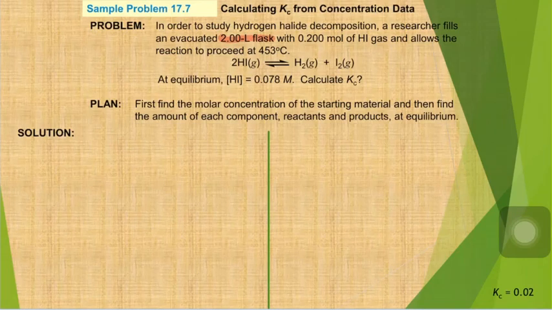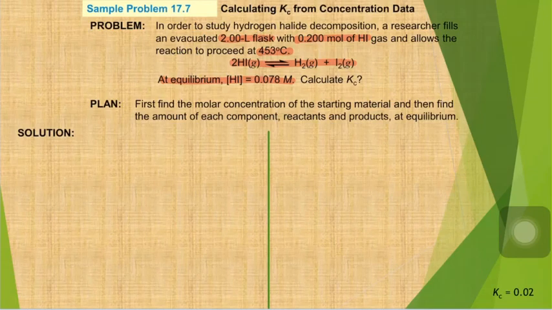So we have to identify the important information that we get in the question. Firstly we have the volume of the container, which is 2 liter, and then we have the initial amount of the HI, and then we have the equation, of course, and the temperature, and lastly the most important information is the concentration of the HI at the equilibrium, which is 0.078 molar. So to calculate the Kc, we have to have the concentration of all at the equilibrium first. So we have to construct the ICE table